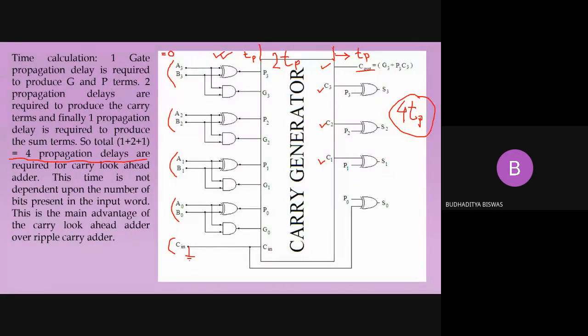So this is called the carry look ahead adder. And inside the modern processor, all modern processors adopt this type of algorithm to add numbers, because this is the only arithmetic operation that happens inside the processor. Whatever the operation, it may be addition, subtraction, division, whatever it is, inside the processor only addition is there, because using addition they can actually do all these things.